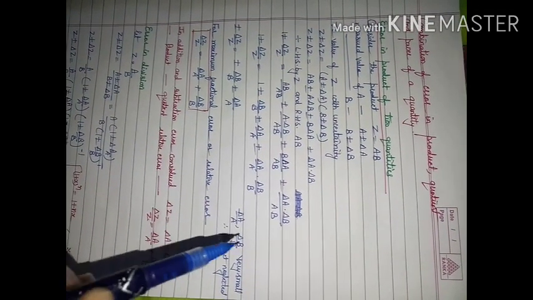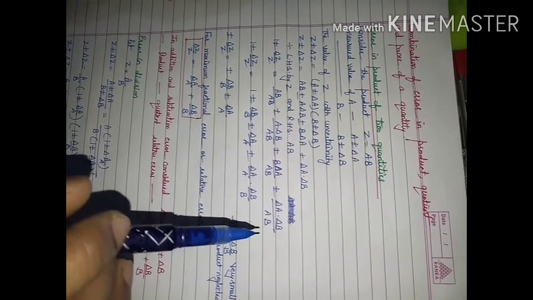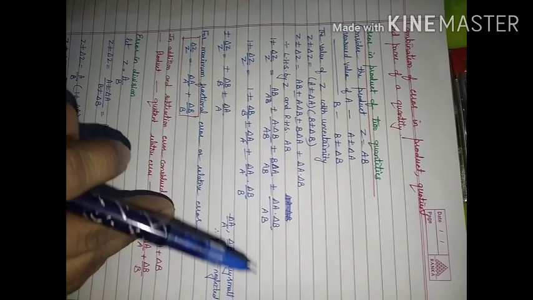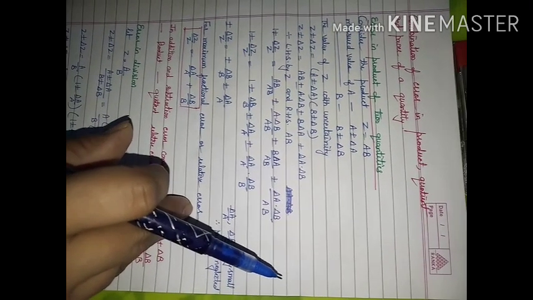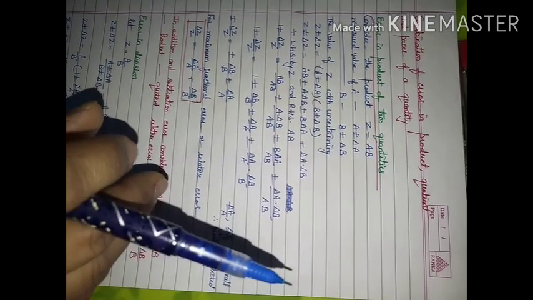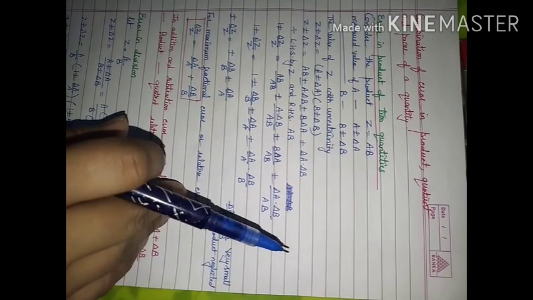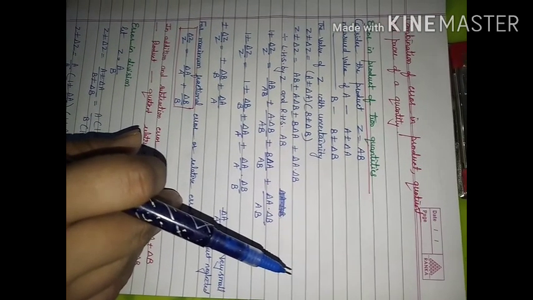In today's video, we will consider combination of error in product, quotient and power of a quantity. When we consider the product of two quantities, for example, length and breadth of a rectangular plot, and you are supposed to find area, what will you do? You will multiply length with breadth.